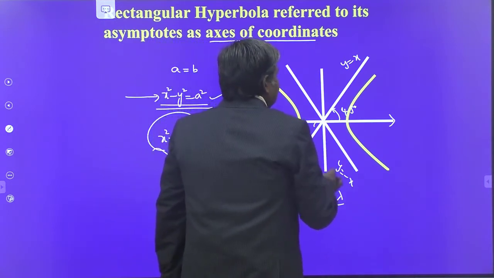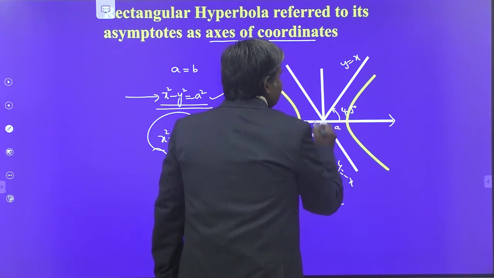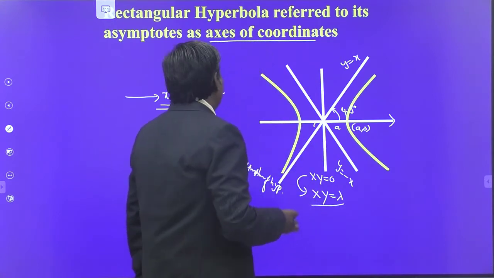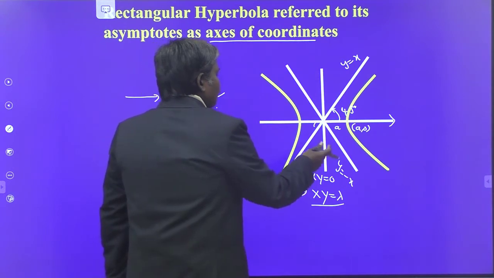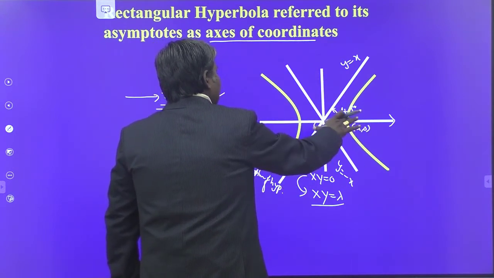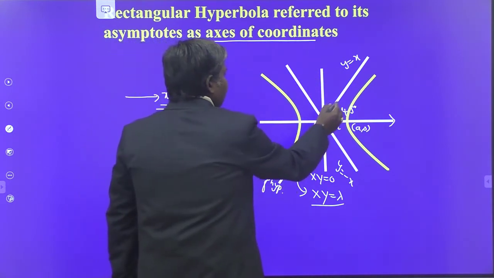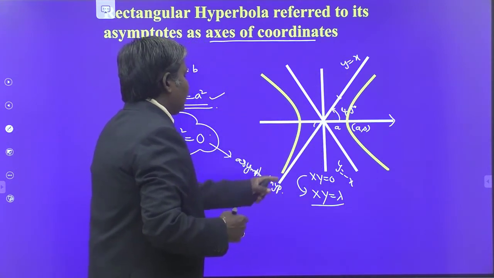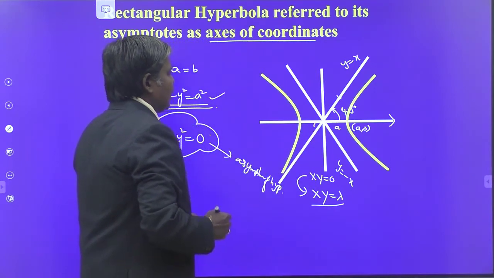Now the point, this is the point here to here. What is the distance? A units. So the point is (a, 0) on your main hyperbola x square minus y square equal to a square. When you rotate the axis 45 degrees, the curve attached with this axis will also be transformed. How to transform that? What is the point of intersection of the curve with the line y equal to x? How much distance is there? A units. That is found by using the parametric equations.